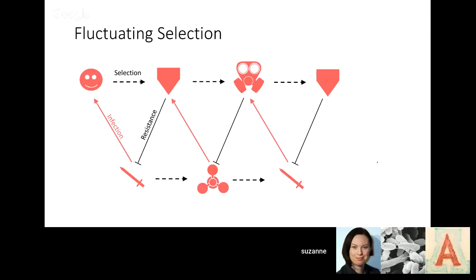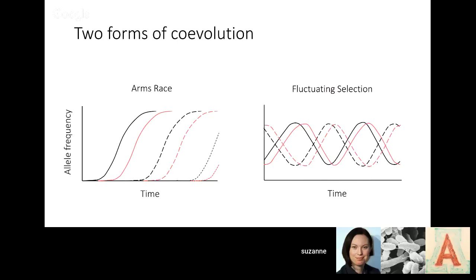So it's selected for, and this in turn again selects for the shield, and then you can have a recurrence of the chemical warfare. And so you can see how this would go on and on and on. And actually, rather than an escalating directional trait that's generally increasing infectivity or resistance range, this is actually just alternative strategies cycling through time. And so what's important about these two different forms of coevolution is that in the first,